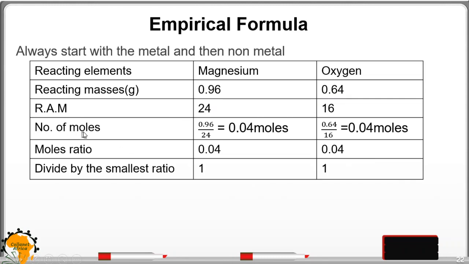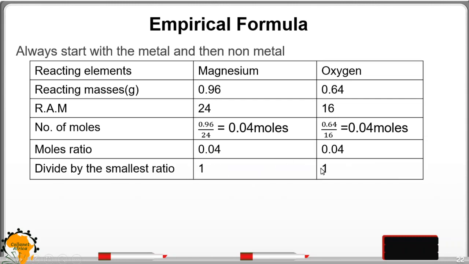Therefore, the number of moles is computed by dividing the reacting masses by RAM to get 0.04 moles. For oxygen, you get the same 0.04 moles. Then for the mole ratio, you divide by the smallest value, in this case 0.04, to get